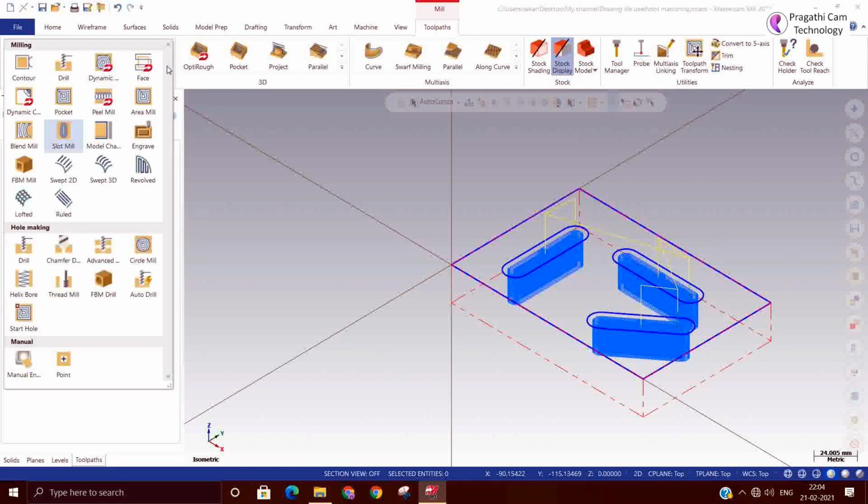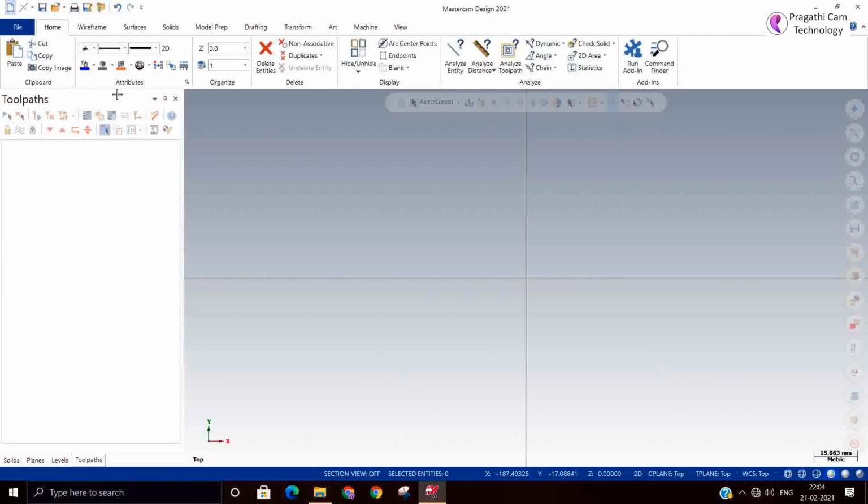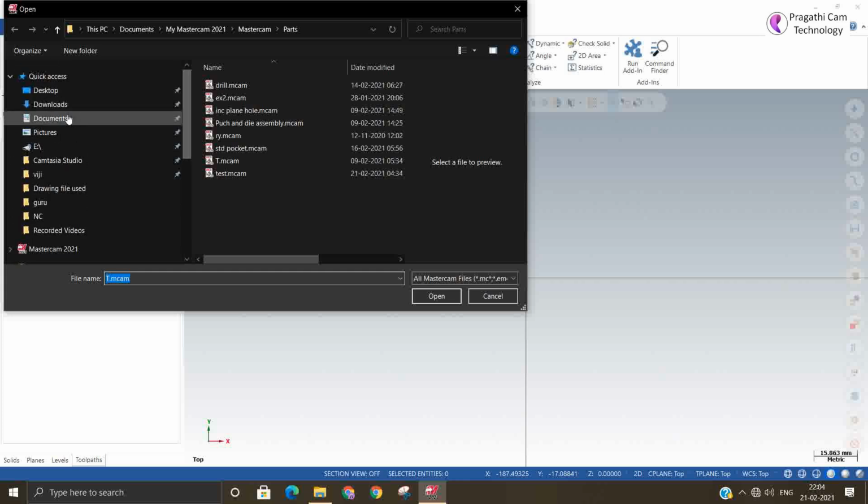So next we see the feature based machining. So it's kind of auto tool pathing. So for that you need one sample file. So I'll search my old data and select one sample file.